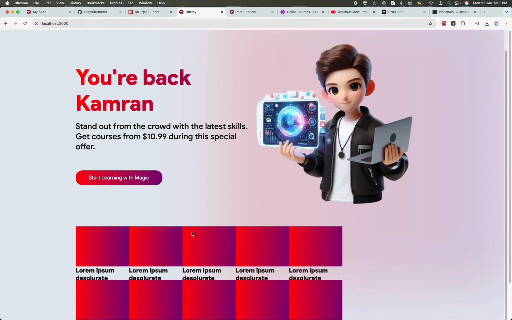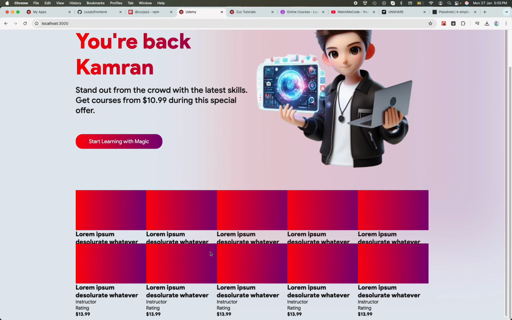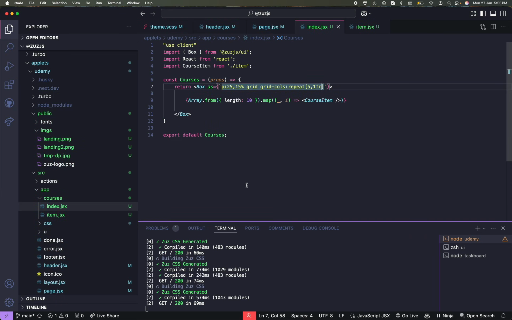Here we have this nice grid. If we add one FR, there we go, we have this nice grid, and instead of just wrapping and going with one another, we can